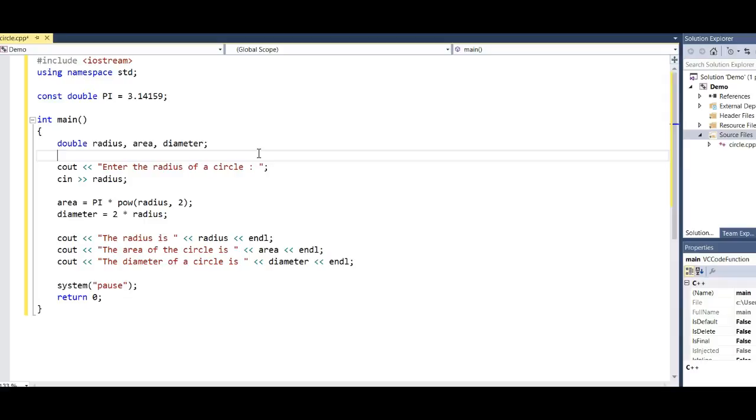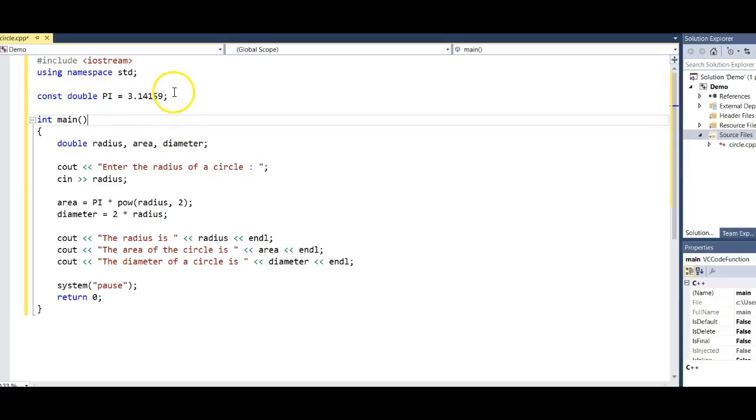I know once you learn a little bit about reference parameters, students tend to like to return everything through reference parameters, which is okay, but you do need to understand value returning functions. Many of the functions in the standard template library are value returning functions. So you need to understand the difference between void and value returning, and how to write these and how to call them. So what we're going to do, I have a constant declared, pi 3.14159